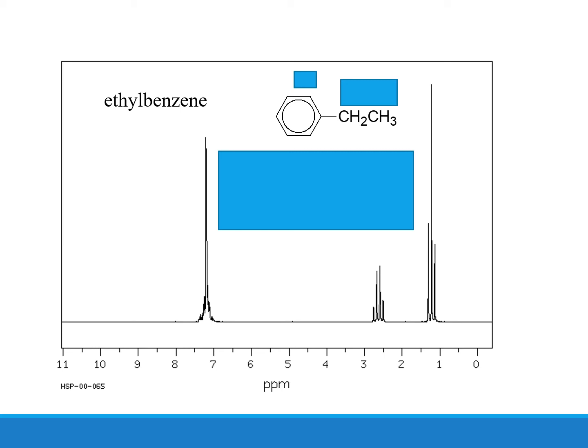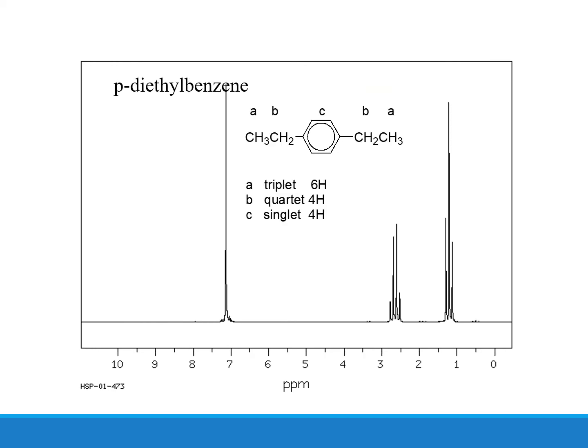What do you think the splitting of the protons in the benzene ring and the protons in the methyl and the protons in the methylene will be linked to each of these peaks? This example can give you a clue to the above exercise. In fact, they have the same NMR spectrum as the previous exercise, and that's because